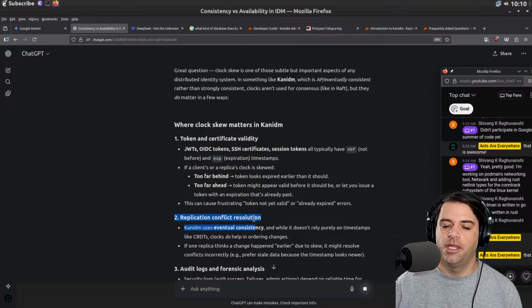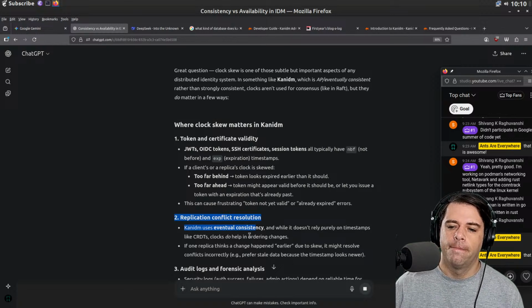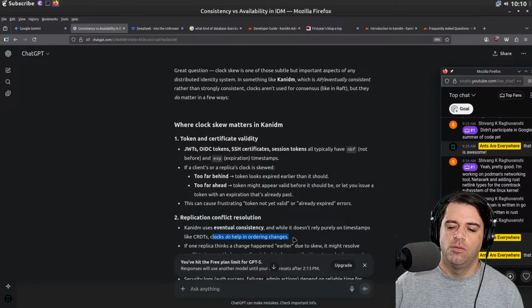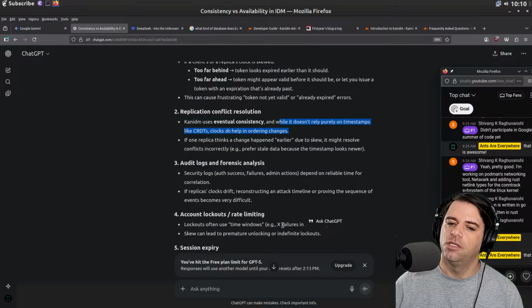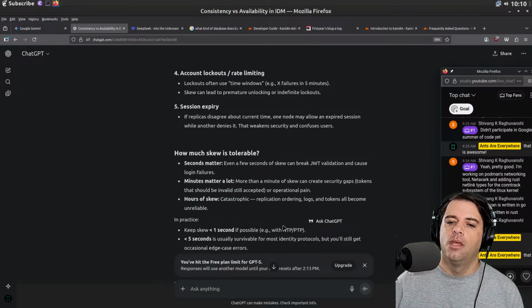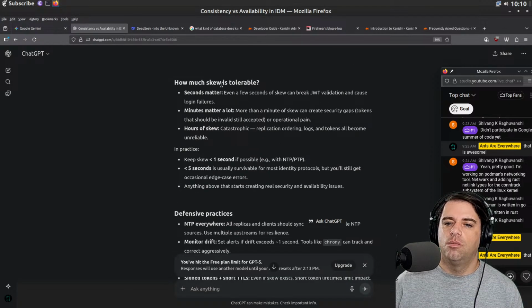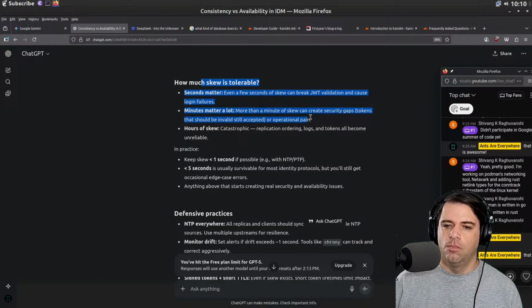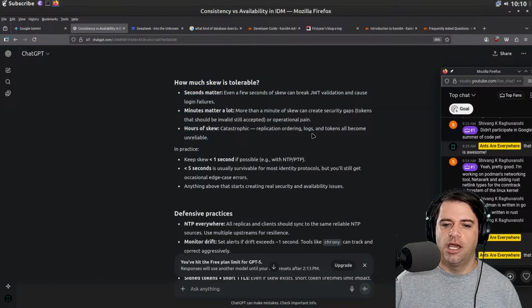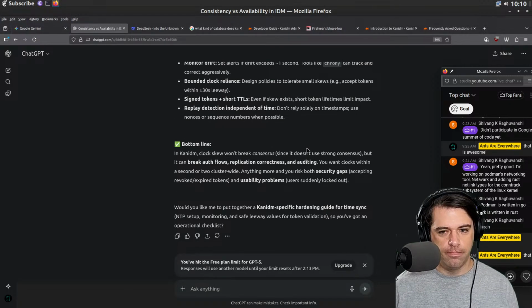For replication conflict resolution, they do. So the timestamps help in ordering, like in CRDTs. Okay. Seconds are not great. Minutes matter a lot more, and hours is catastrophic. Okay, great.